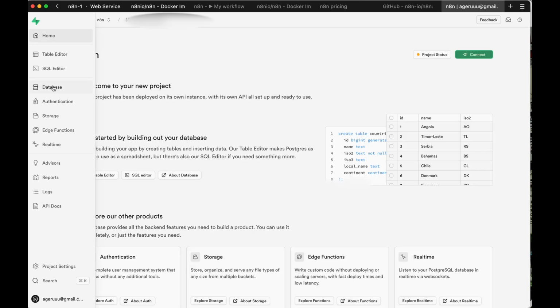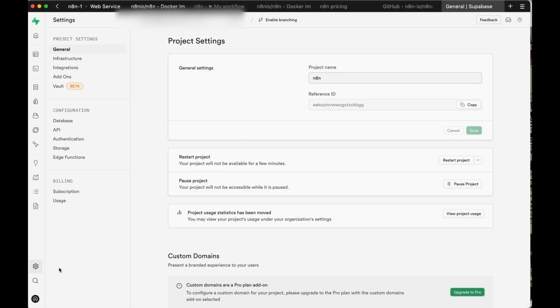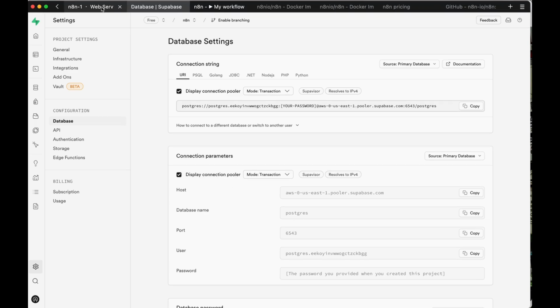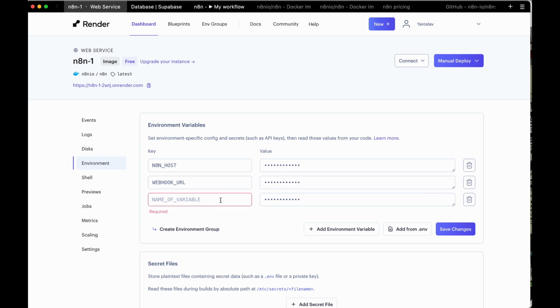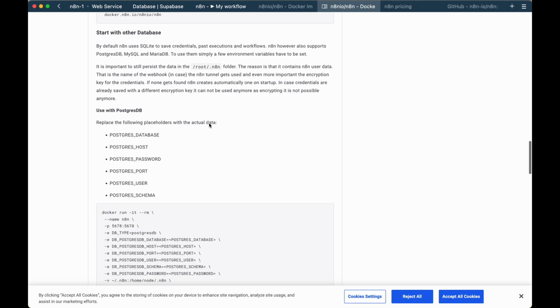So now that it's finished, we go to database and we see that we don't have any tables yet. We can go to project settings, click on database, and here we see the connection details that we need. So we go back to Render, we're in the environment, and we create a new environment variable. So the first thing I want to fill in would be the password for the database so that I don't lose it. I created a new variable and I go to the Docker image page on Docker Hub, scroll down to the